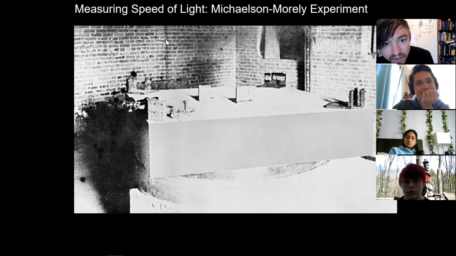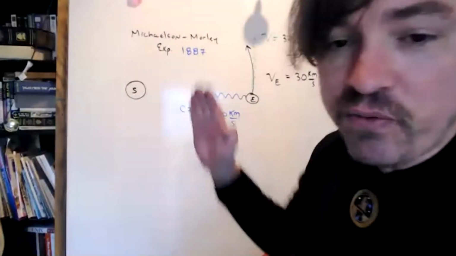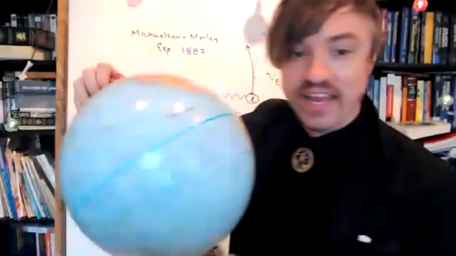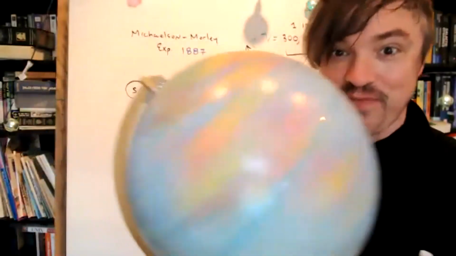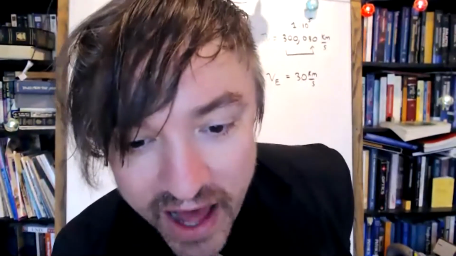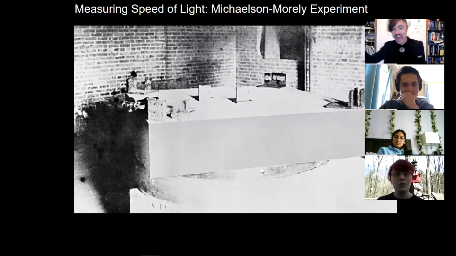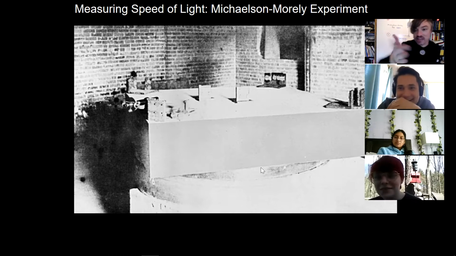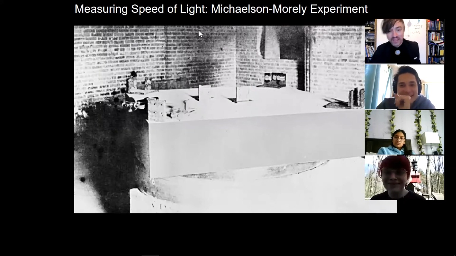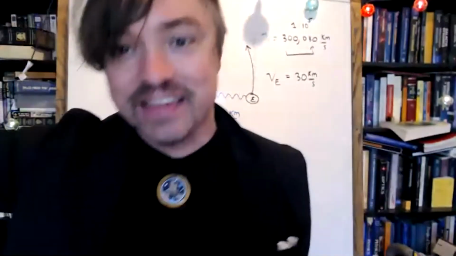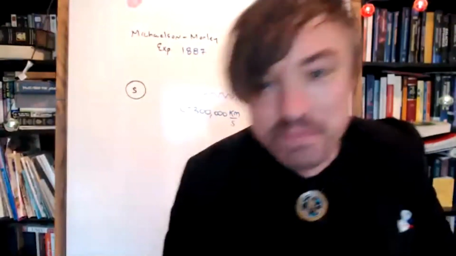And here's another problem that you might not have thought about. How do you figure out which direction is towards the sun and which direction is perpendicular when you are sitting on an Earth which is doing this every 24 hours as you move around? So how did they get around this? Wait for it. They suspended the block of granite on a pool of liquid mercury. And then as they ran the experiment, they spun the granite block, arguing that 50% of the time it'll point towards the sun and 50% of the time it'll point away. They won't know exactly which one, but it'll make an oscillation and they will plot it. And that's how you measure the speed of light.